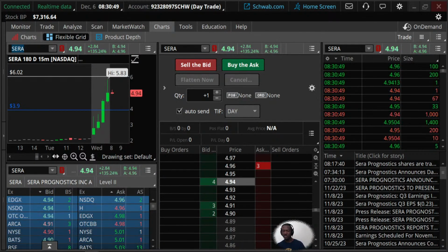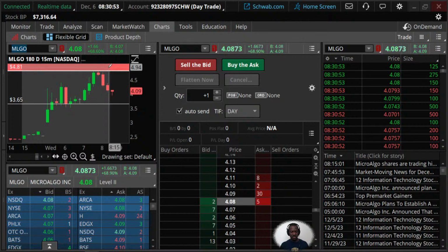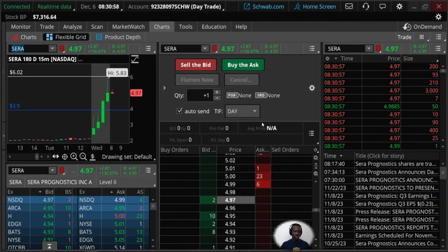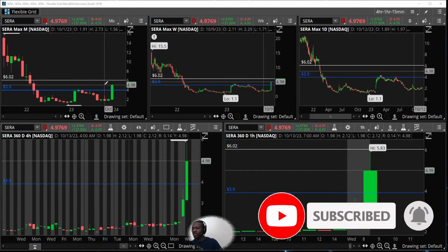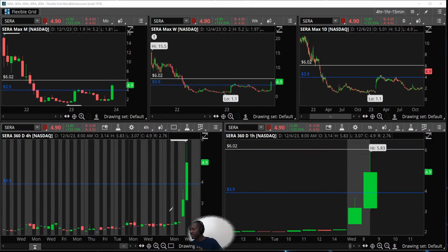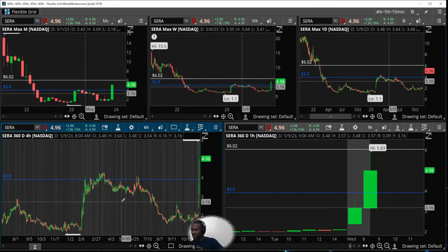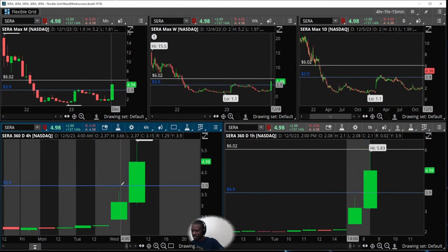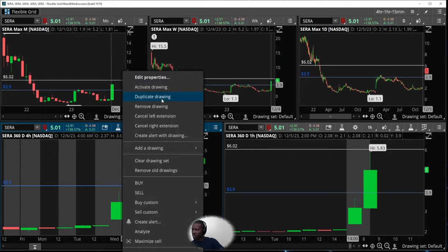MLGO also moving. Coming up here, we got our resistance. Let's find the resistance on SCR or support. So it is up here into this mid level right here, trying to break back over these levels. Let's look at the 4-hour. Yeah. So this line right here, I want to